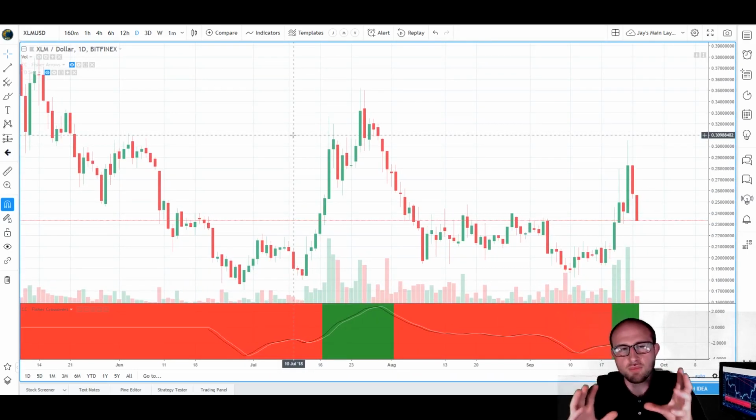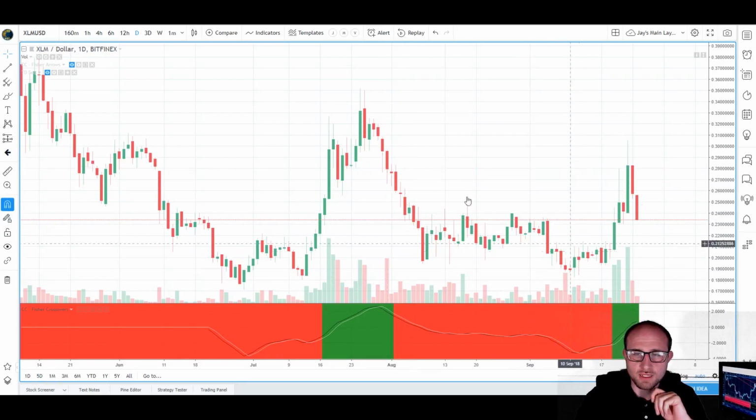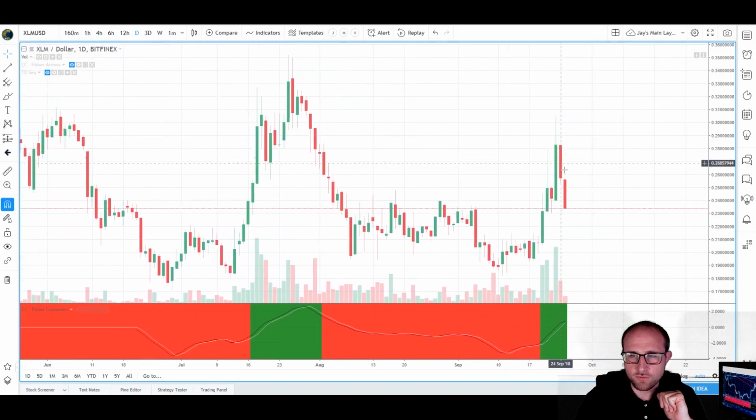Everybody's pony horse for the race. Now, Stellar Lumens, I think, has some amazing fundamentals going on. We called Stellar Lumens in the Free Signals channel. Very profitable trade. You could have entered this at several points, and we've had a very nice run up right here that is obviously now retracing quite significantly.